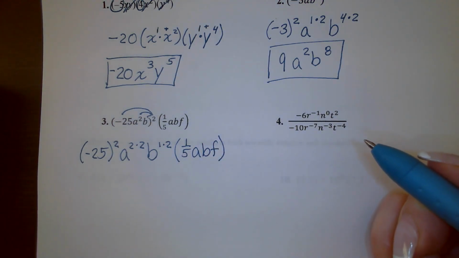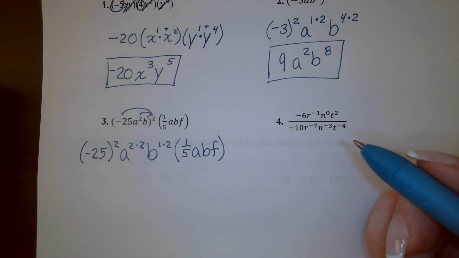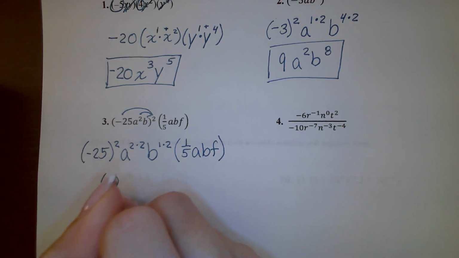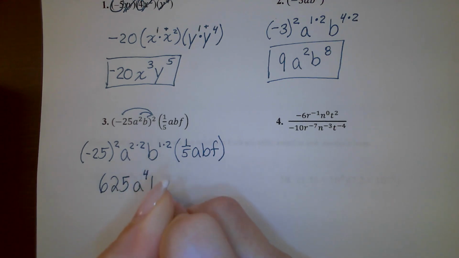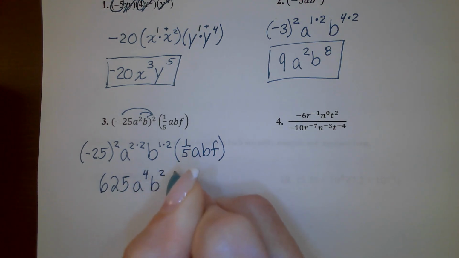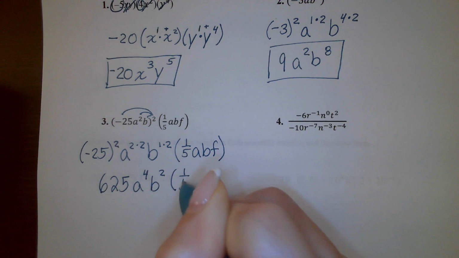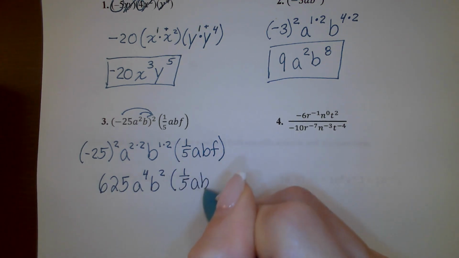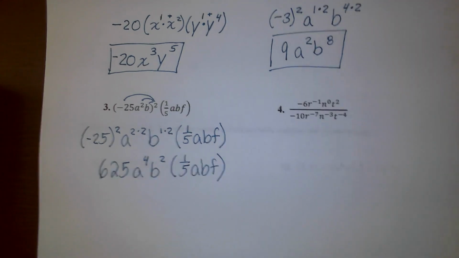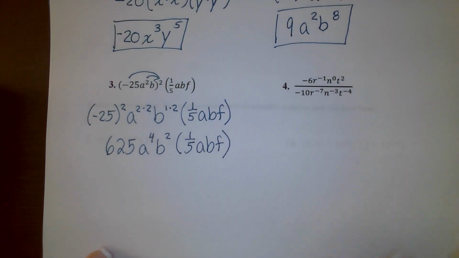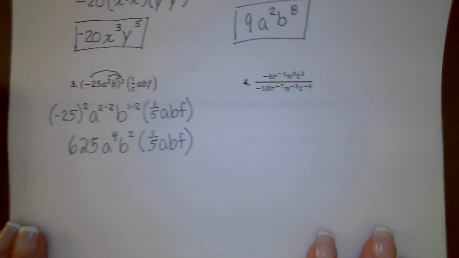From here, we're going to square negative 25. We get positive 625 a to the 4th, b squared, times 1/5 abf. Now, when I'm combining like terms, because I'm not done, I haven't fully simplified until I've combined all of the like terms,